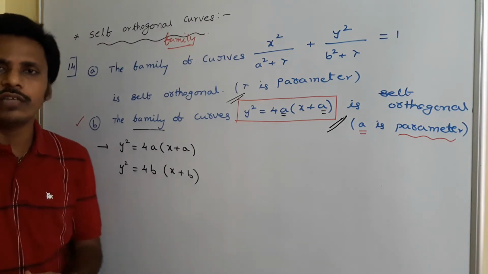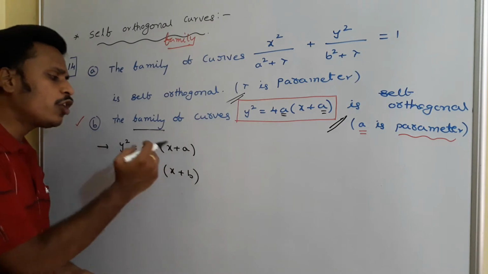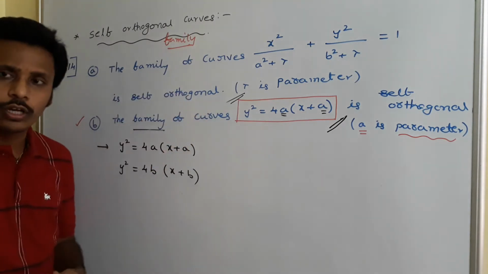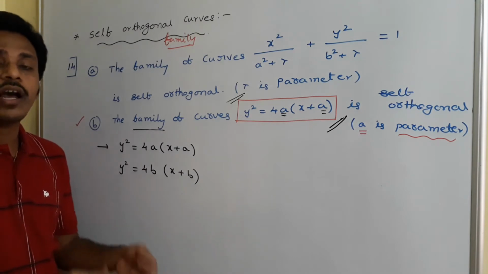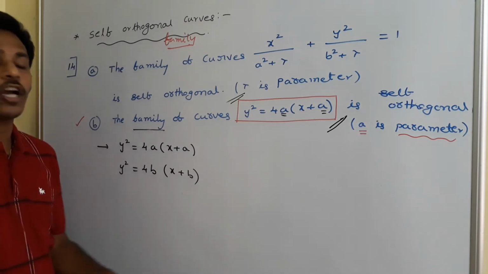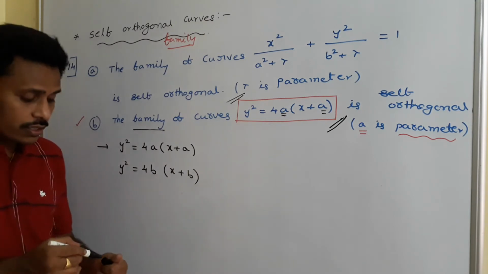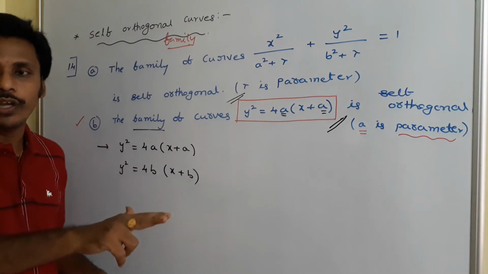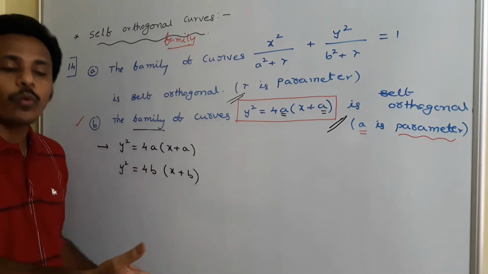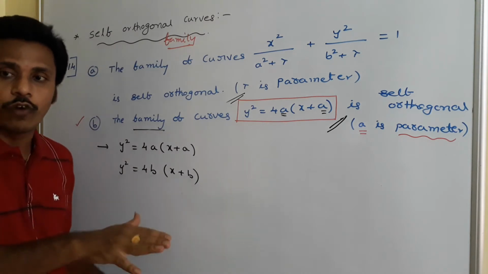Then easily we will confirm that these two curves are orthogonal, and any two equations of that family are orthogonal. So every pair of equations of the family are orthogonal, and at the end we conclude that the family is self-orthogonal. Self-orthogonal in the sense that in the same family itself, if you consider any two equations, the angle between those two equations is 90 degrees, and so that family is considered as self-orthogonal.